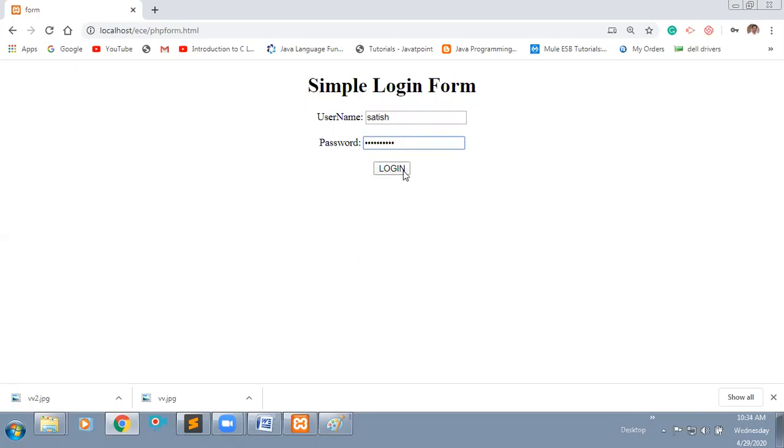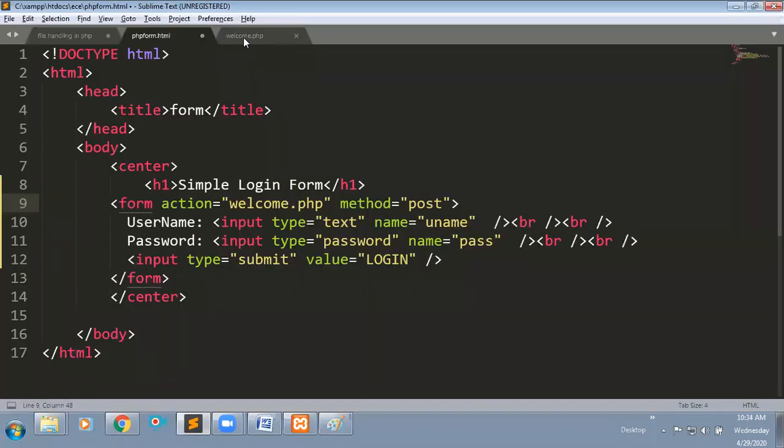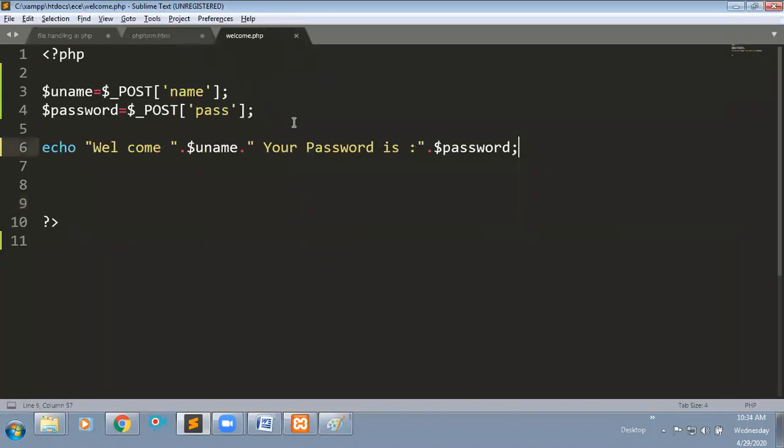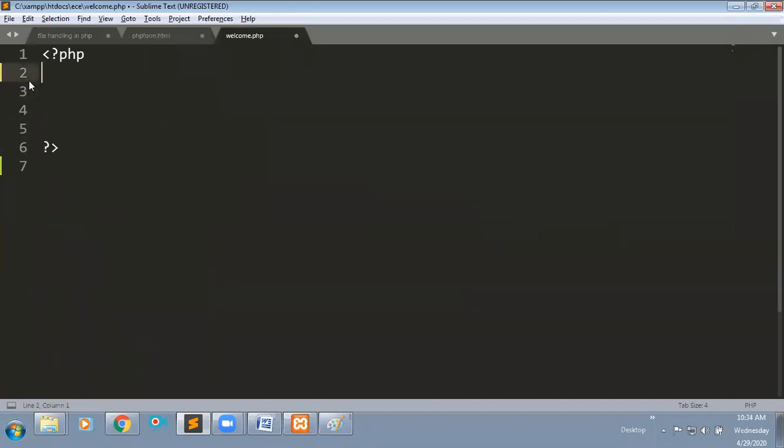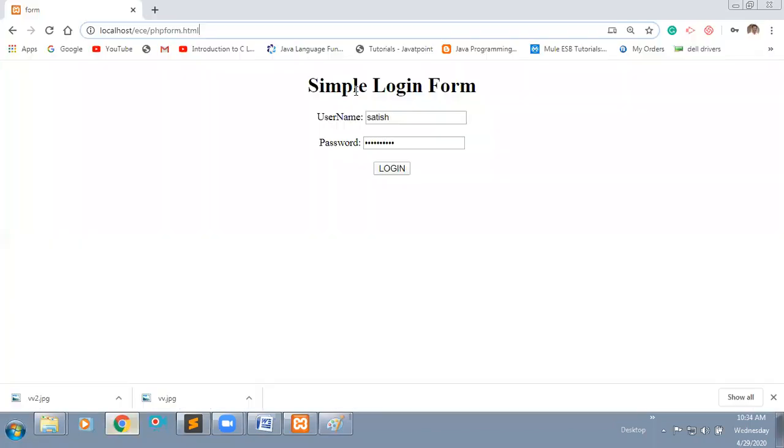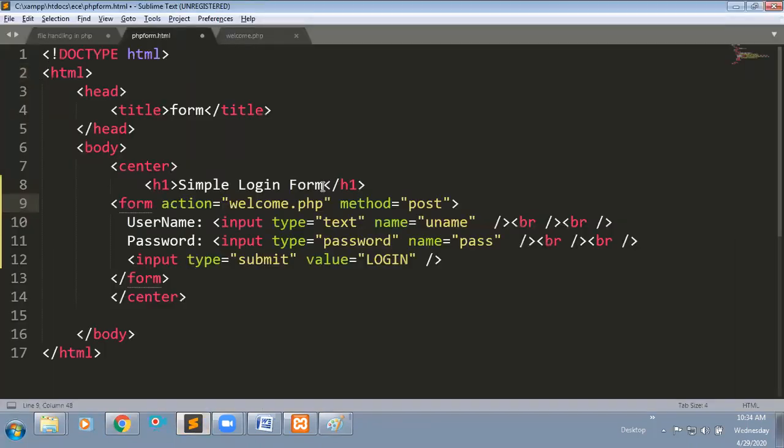If I click on this button and it is the post method, in this address bar you are not able to see that data. Whatever you are giving here, you are not able to see in the address bar. Just to see, I'm removing this file. If I click on this login button, now here you are not seeing anything because I used the post method. For example, if I go for get here,